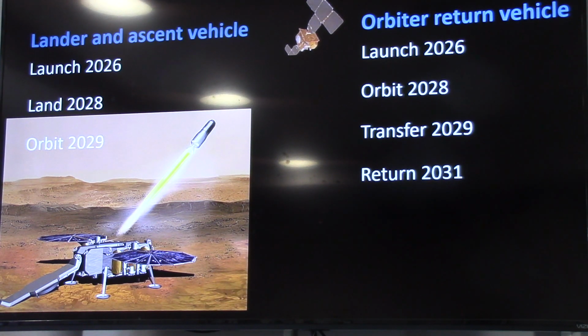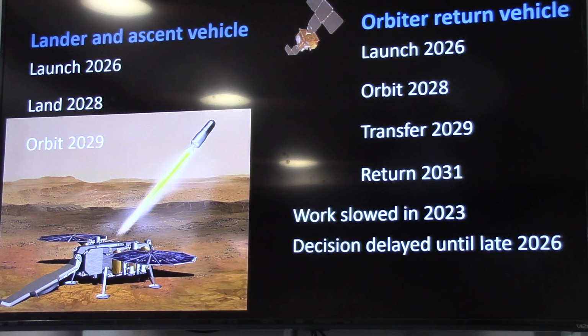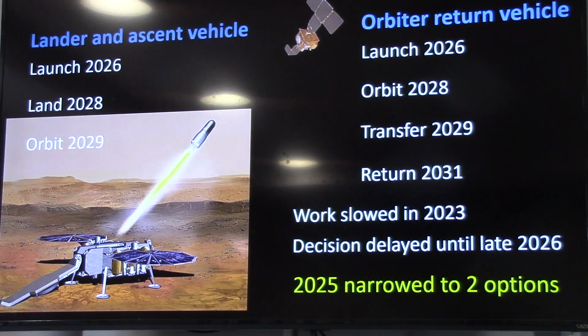It's way over budget, seriously over budget, to the point they were looking at canceling it. They probably, well, it's too important not to do. They slowed it down in 2023 when they realized just how much trouble they were in. They delayed a decision on the equipment until 2026. To my knowledge, there is no equipment yet. These are all artists' drawings for a reason. But they did go out for commercial proposals, and they've narrowed them down this year to 2 options. So they'll probably make a decision next year, however long it takes to build the equipment and then launch and